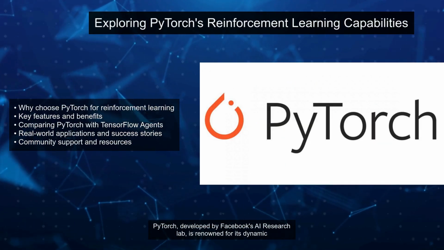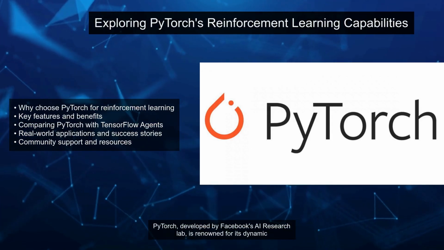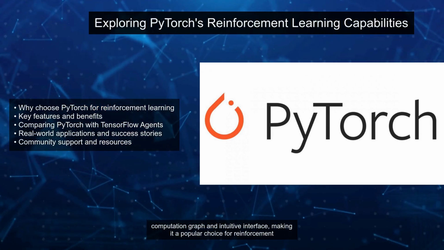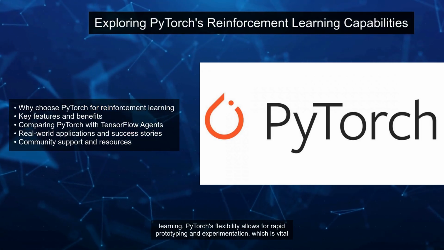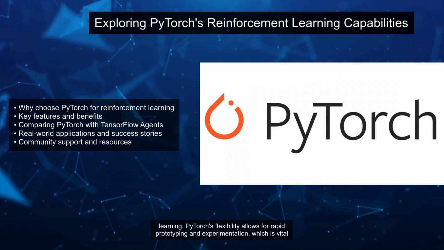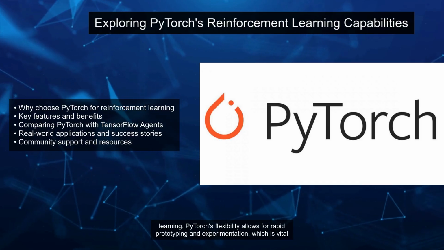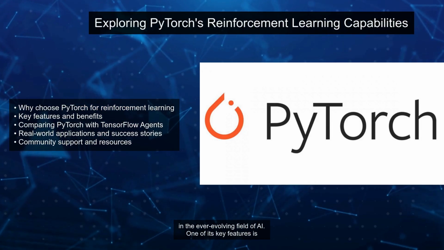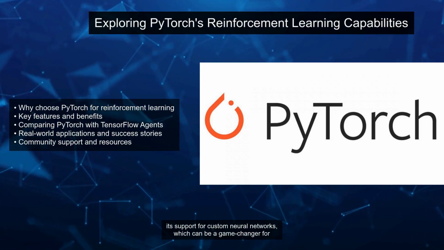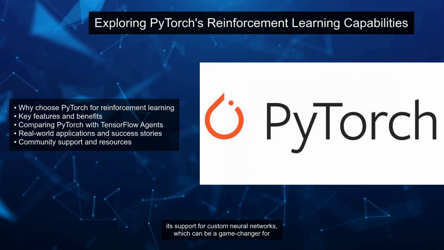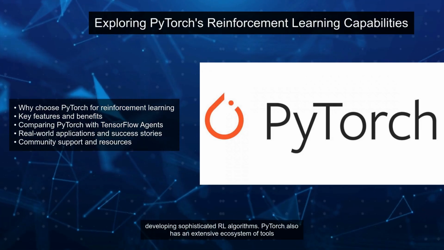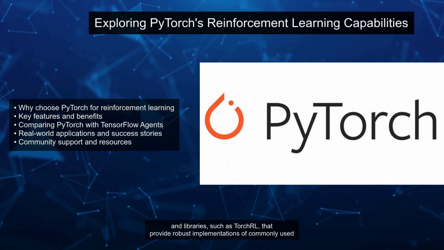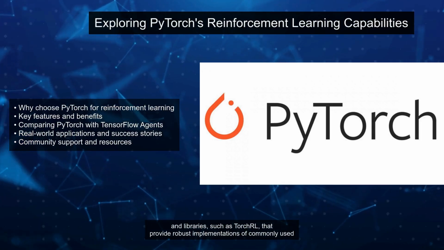PyTorch, developed by Facebook's AI Research Lab, is renowned for its dynamic computation graph and intuitive interface, making it a popular choice for reinforcement learning. PyTorch's flexibility allows for rapid prototyping and experimentation, which is vital in the ever-evolving field of AI. One of its key features is its support for custom neural networks, which can be a game changer for developing sophisticated RL algorithms. PyTorch also has an extensive ecosystem of tools and libraries, such as Torch RL, that provide robust